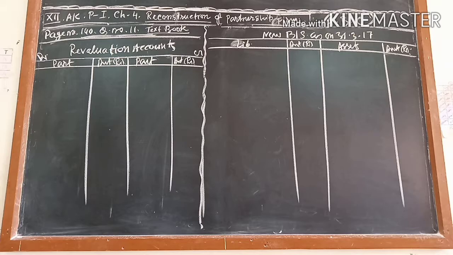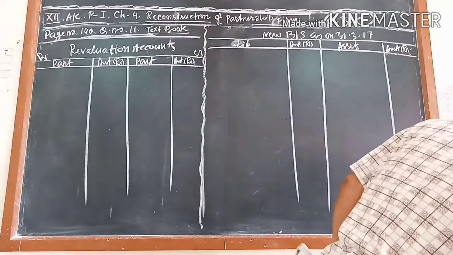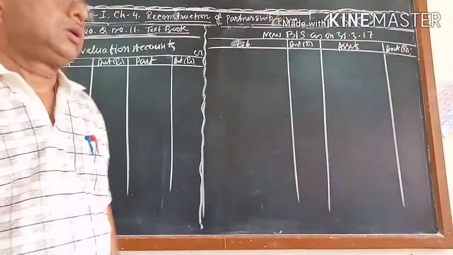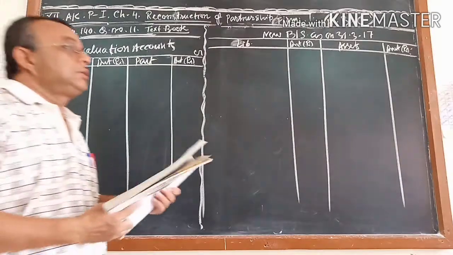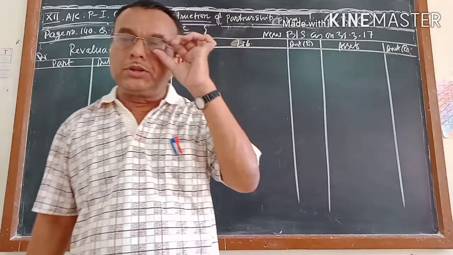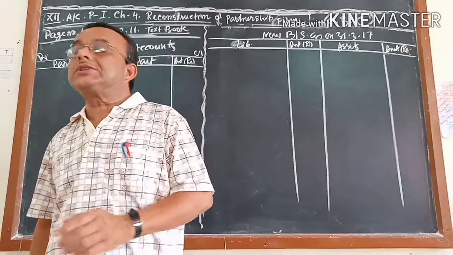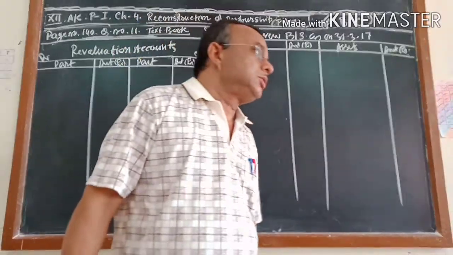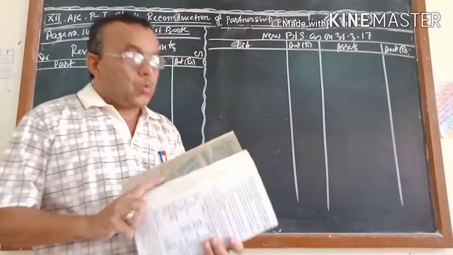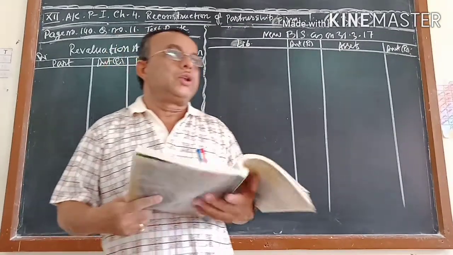In the previous video, I told you the second point of the fourth chapter. In the theoretical part, I explained how to do the revaluation account, what changes in assets and liabilities will come, and in case of a change in assets, what transactions you will write, either decreasing or increasing, and in case of liabilities also. Now, I want to tell you one full, complete practical sum.